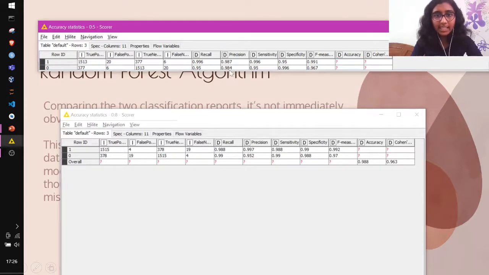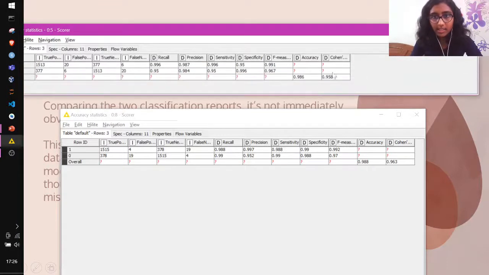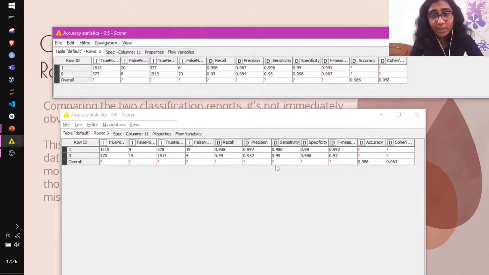We can see that the accuracy over here has improved. The accuracy for the decision trees was 0.986, but the accuracy over here has improved. But accuracy is not the only attribute which characterizes which algorithm is better. We have a higher recall over here, and the precision over here for predicting zero values is actually less.